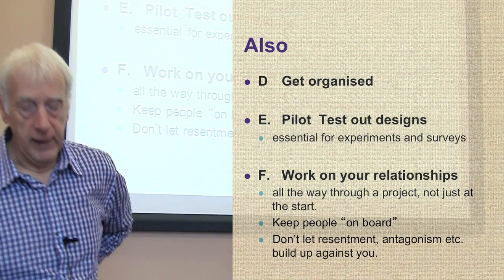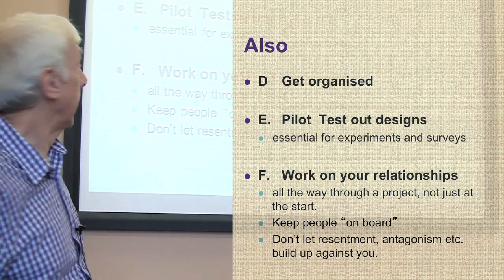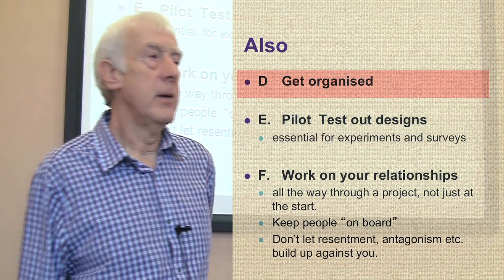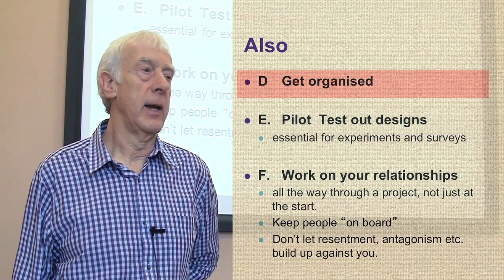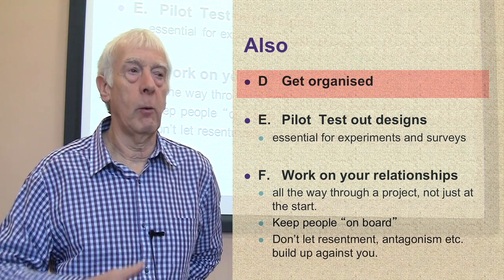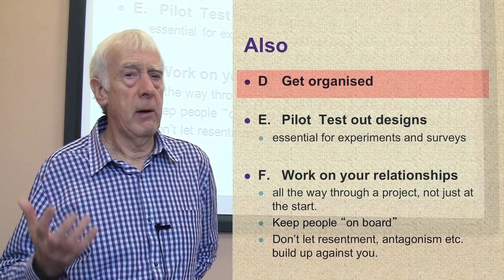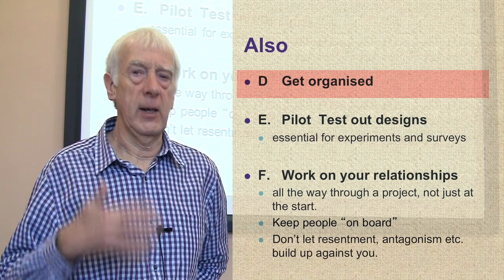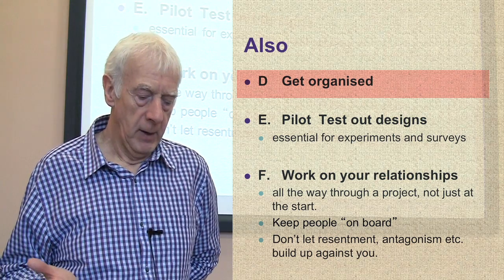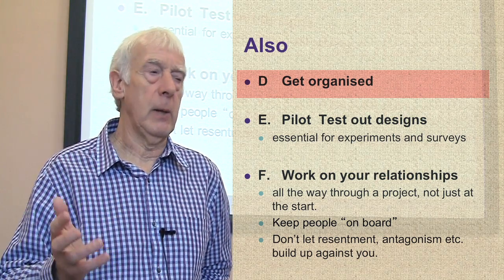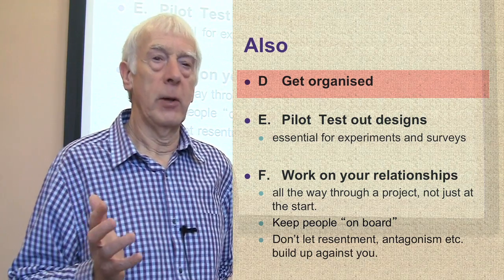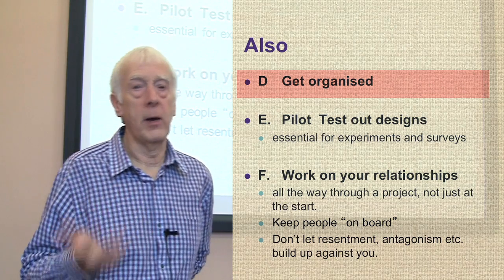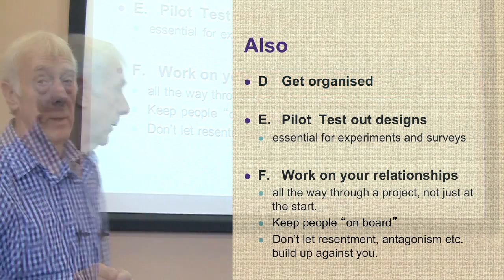Right, now a quick ragbag of other kinds of issues here. Get organised. Doing research does involve getting organised, doing things at the right time, in the right place, with the right people and so on. Lots of things going on at once. Probably the area where you need to get most organised is analysing the data. That's the real challenge, to get on top of all those bits of paper that you've got to deal with. But it's true when you're setting up meetings with people and being there on time and having all the stuff you need with you and making sure your recorders have batteries and so on. So all kinds of things like that you need to think about with organising.